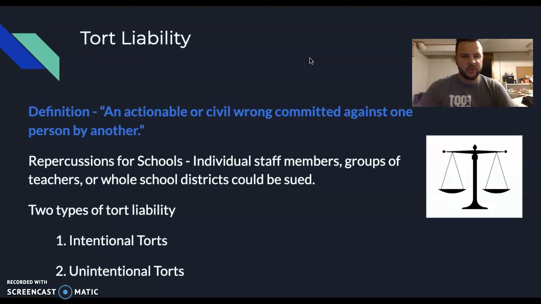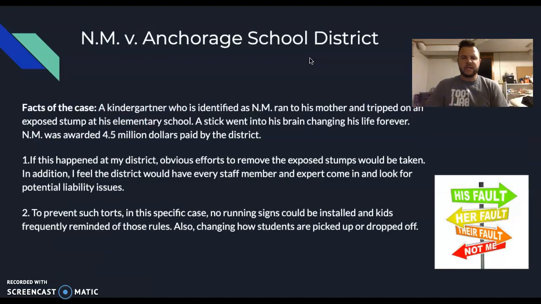And an unintentional tort, the difference would be that maybe it's an accident, it's negligence, it's something where the teacher didn't mean for an accident to happen, but it did because they were not doing things the way that they should have been done. So to begin looking at the different types of cases, the first one is NM versus